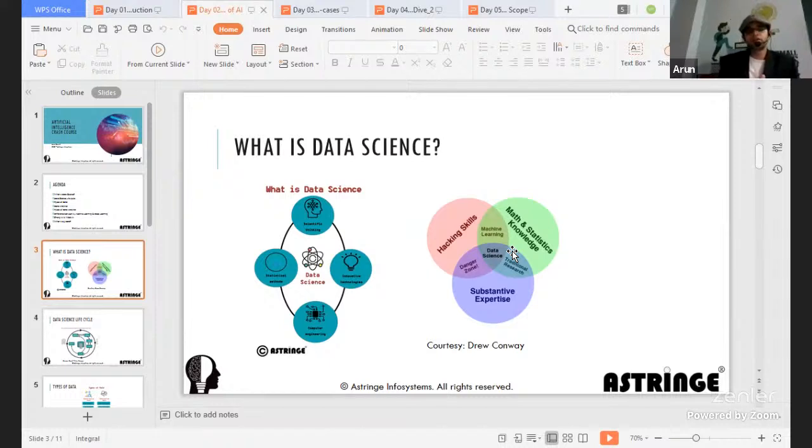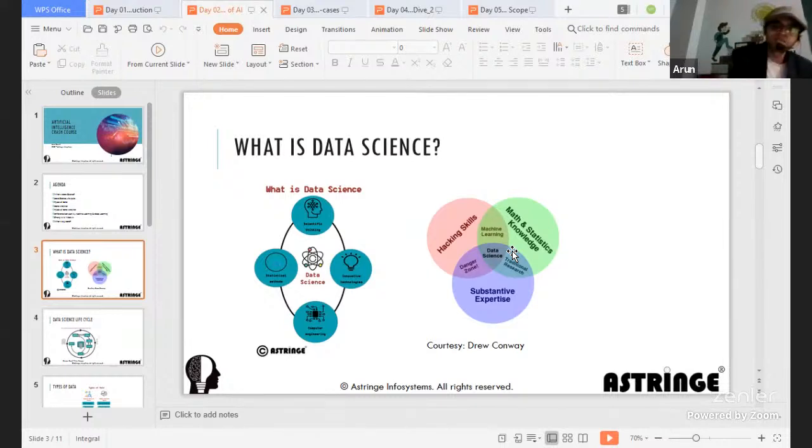There is also one more angle. Tomorrow, if you are coming from a pure programming background, say web development in Python, or C Sharp, .NET, or pure Java, and you are trying to learn data science, then at least try to have business knowledge.